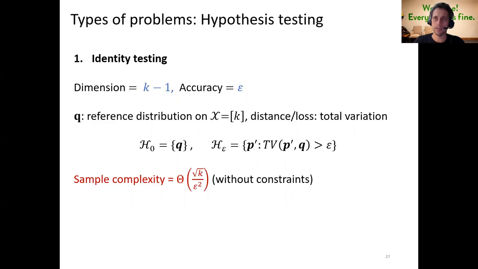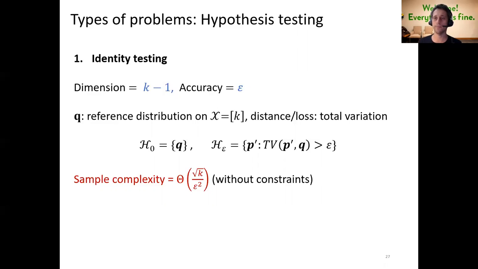The alternate hypothesis, H epsilon, will be, well, it's a composite hypothesis testing question. It's basically everything that is far from this reference distribution. So everything that is at distance greater than epsilon from Q. So in that case, if you want to test whether the unknown distribution is equal to Q or far from it, it's known that square root k over epsilon squared samples are necessary and sufficient in the centralized setting where